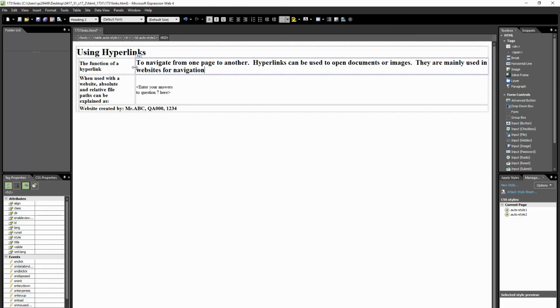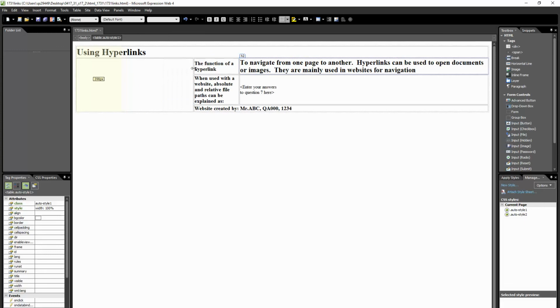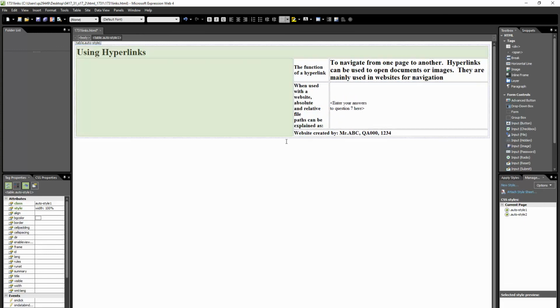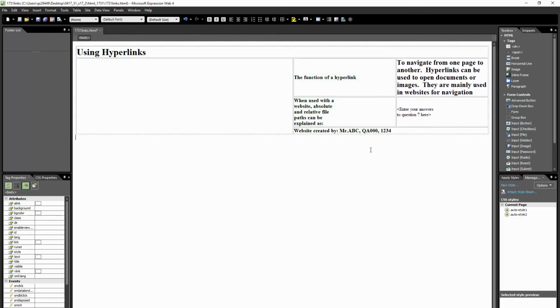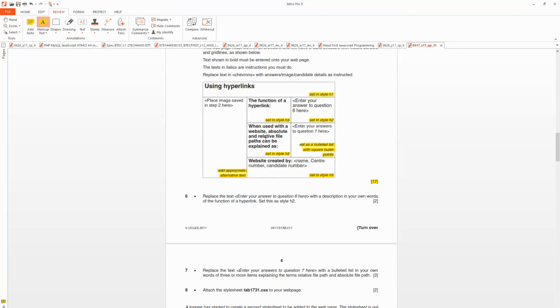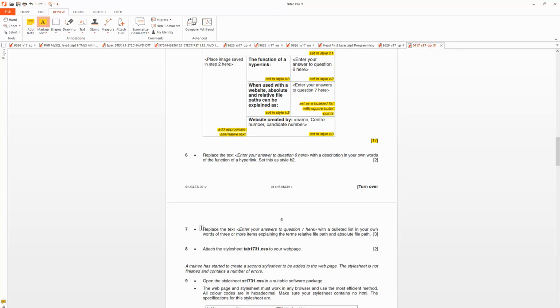I'm just going to bring that over here a little bit. I'm going to adjust the cells so it's a little bit like the exam question, and even it out, because the exam question's template looks like this and I want it to look like this as best as I can. I've just done this, which says replace the text with a description in your own words of what the function of a hyperlink is. Next it says replace the text, enter your answer to question 7 here